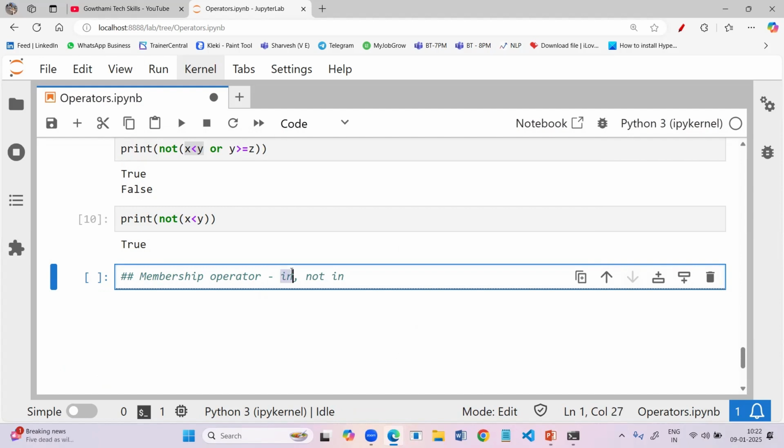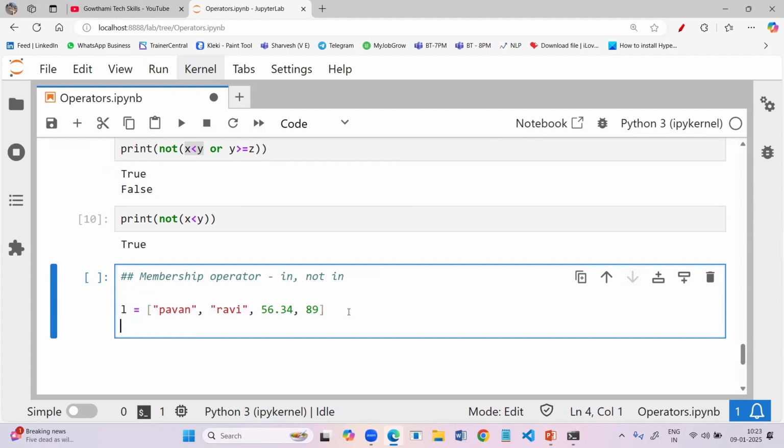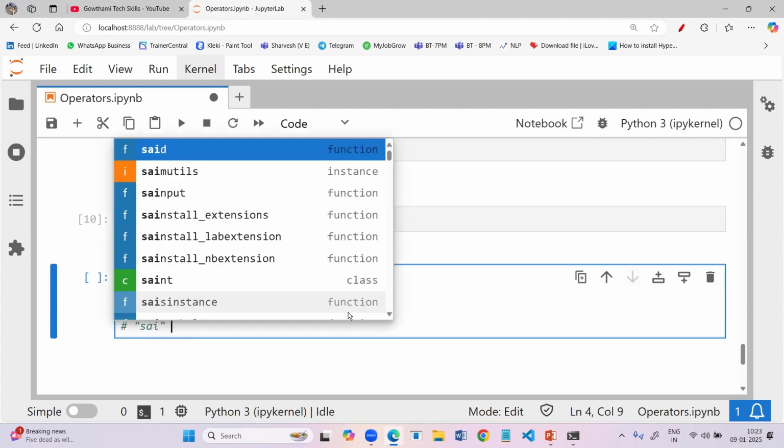We will make use of the in operator. Let's begin. I'll take one variable L is equal to, and I'm passing a few values of different data types: Pawan, Ravi, 56.34, 89. So this is my list. And my aim is to find whether Sai is present in it or not, whether Sai exists in the given list or not.